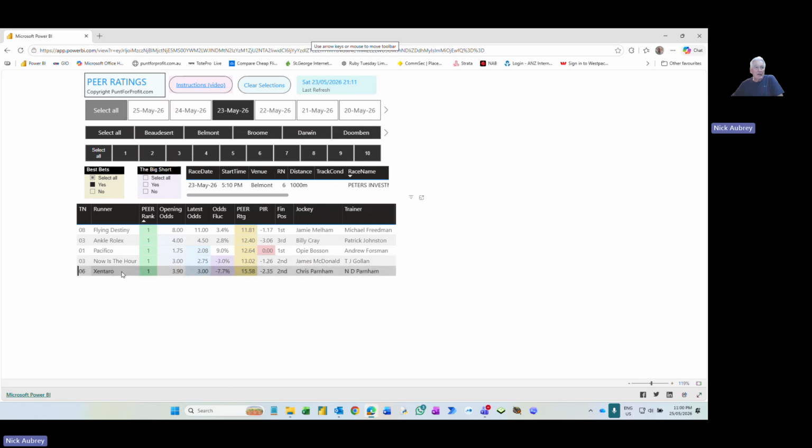and the other one was in a tow, that was Belmont race 6, probably the biggest rating of the day, minus 15.5. It's also backed in strongly, $3.90 into $3, and unfortunately it ran second, I think, from memory, just got collared right on the line. Looked as if it was home for all money, but then got beaten. So there's very briefly